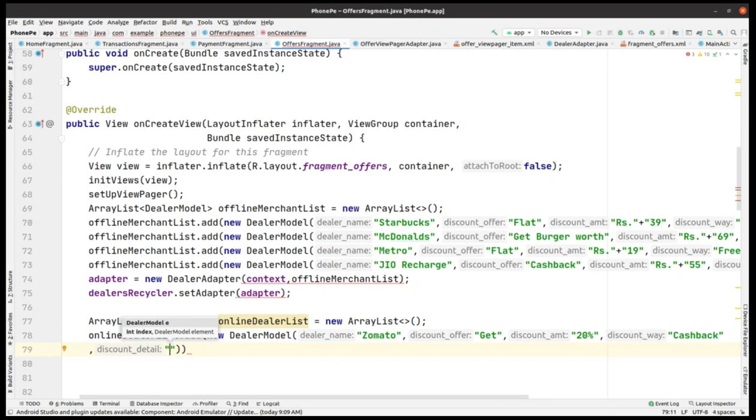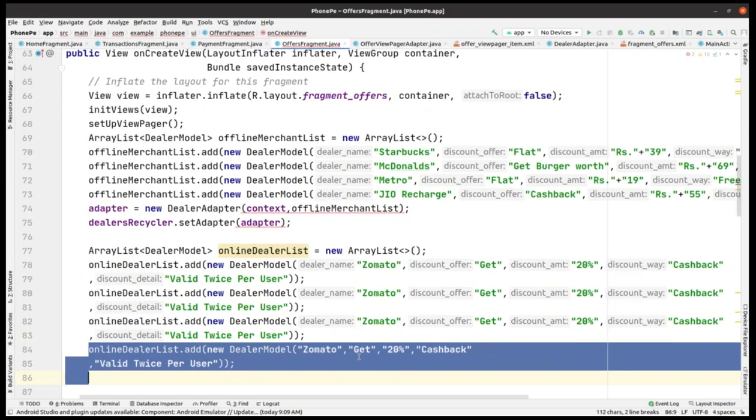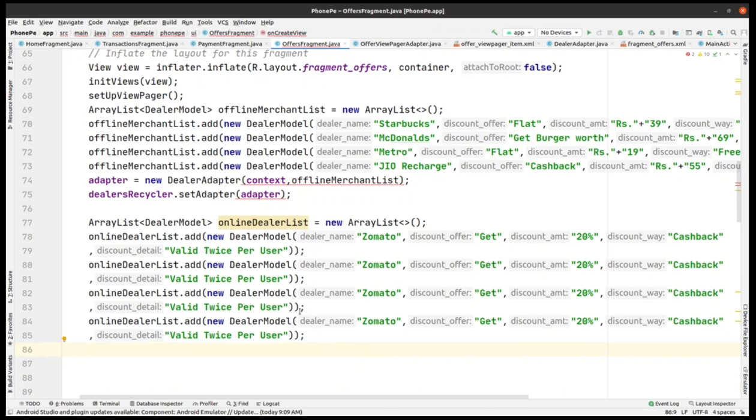Yeah, and within the details, what else can be added? Like valid twice per user. Some applications offer this, valid twice per user, and all these things. This can also be done here, like copy this and paste this up to 4-5 times. Yeah, and then you just have to change the text within this so that the elements of this array list can be